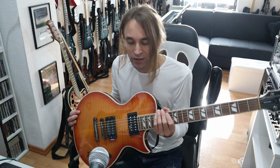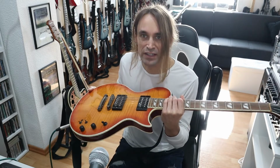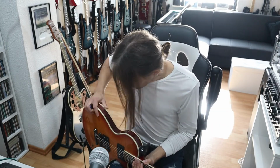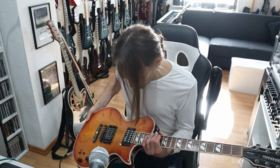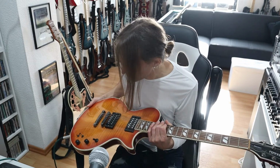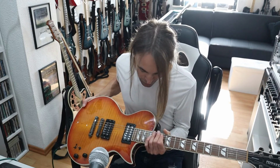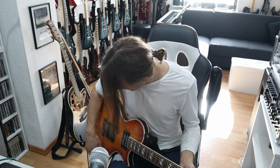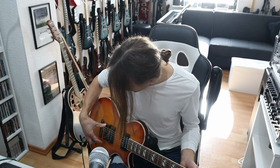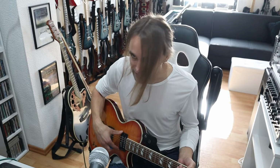But anyway, this guitar, as you can see, has kind of an ESP Eclipse shape. It's a little bit thinner than the usual Les Paul body. It has Grover tuners, and other than that I don't know anything about it. Probably a mahogany body and bindings. 22 frets, but they're jumbo frets. Really huge frets. And the guitar comes with a Seymour Duncan TB4 as the bridge, and a Fernandes sustainer pickup